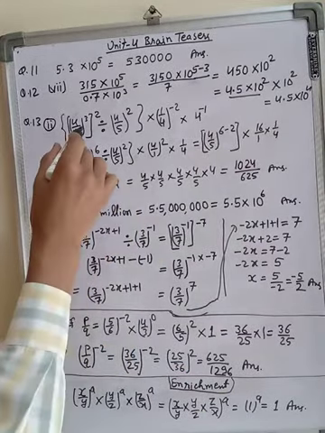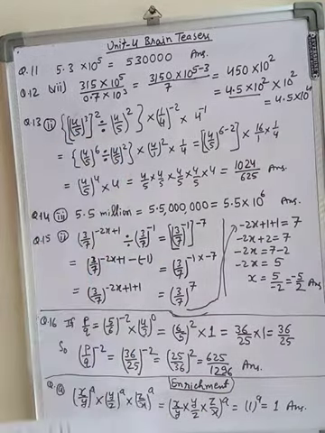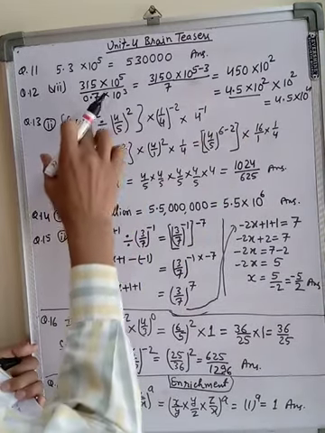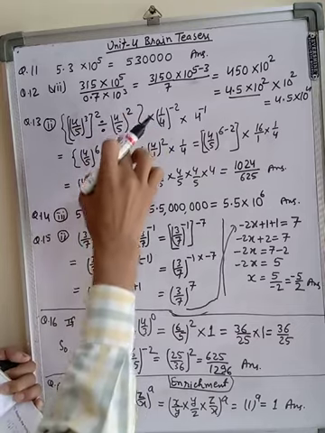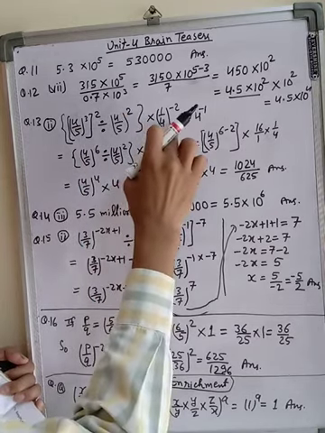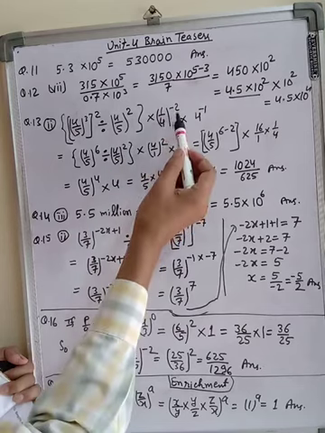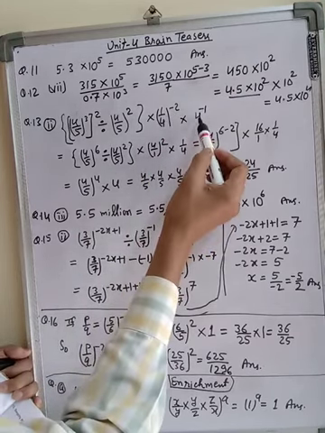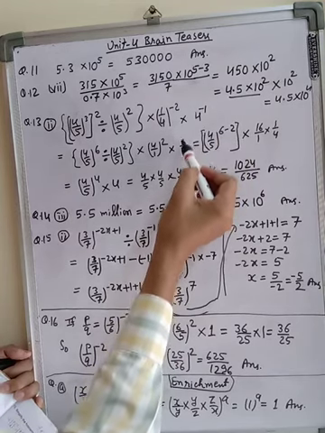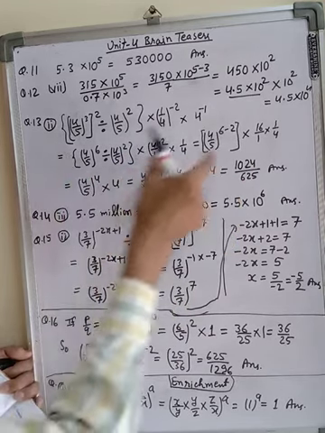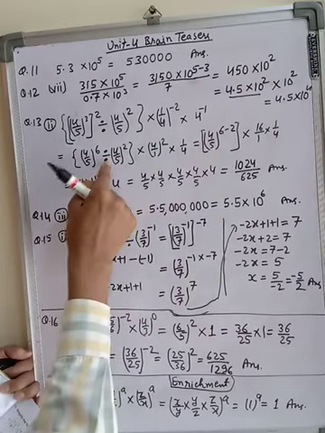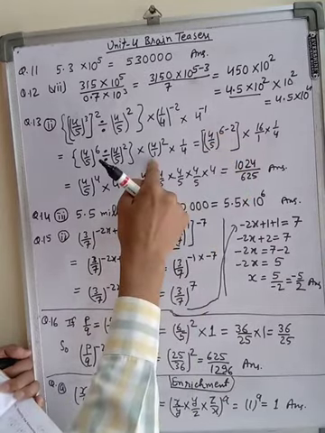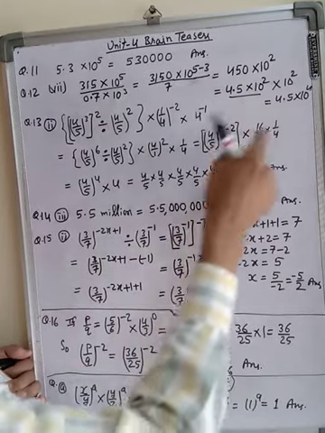Now the next question, question number 13: simplify the following. Simplify means we will solve it. 3 2s are 6 and the bases are the same. And what I have done, the reciprocal I have written for minus 2. I have removed this minus 2. So this becomes 4 upon 1. This 4 is equal to 4 to the power 1, which will become 1 upon 4. And this solution I have written here, 6 minus 2. Division means here a negative power, this 6 minus 2. And this will become 4 4s are 16 upon 1 into 1 upon 4.